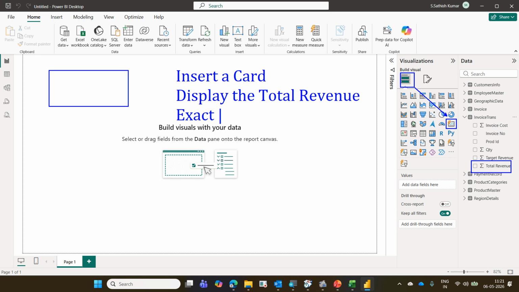Display the exact values with the currency symbol. I will give you 2 minutes, you can try. If you are not able to get it, I will help you. But please try.